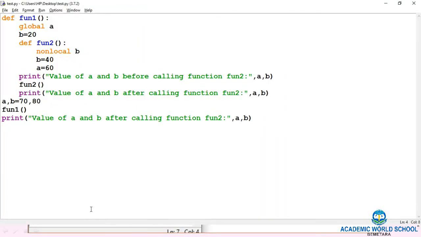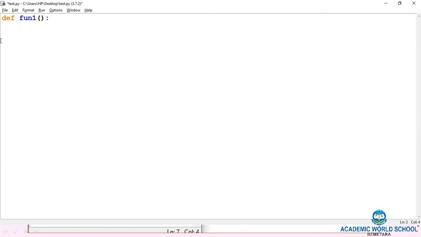I am going to explain this program with the help of an example. Suppose that fact is the function and x is an argument. Now the condition: if x not equal to 0. Sorry, here we have to use the colon sign.